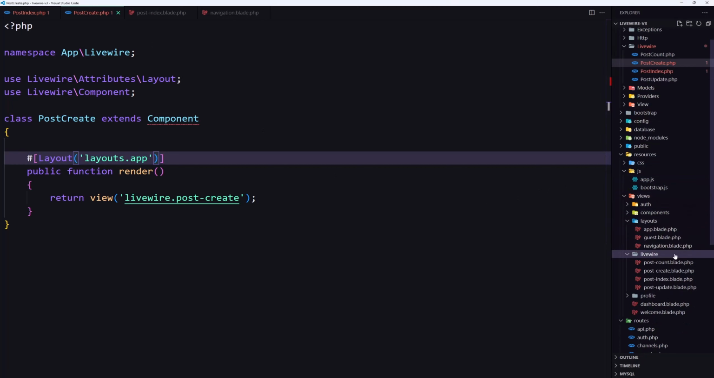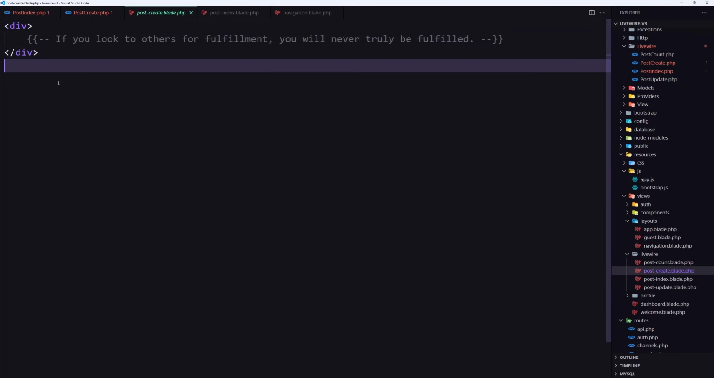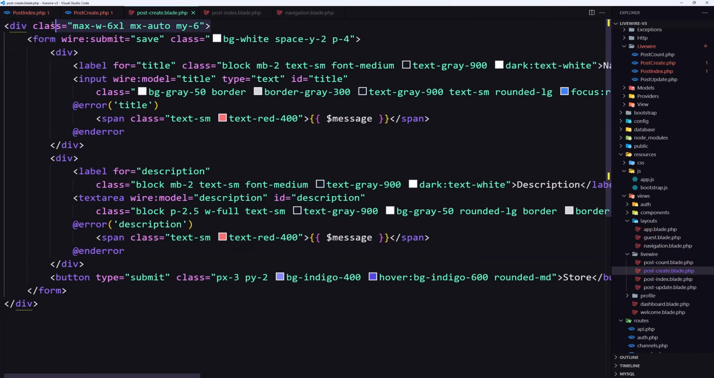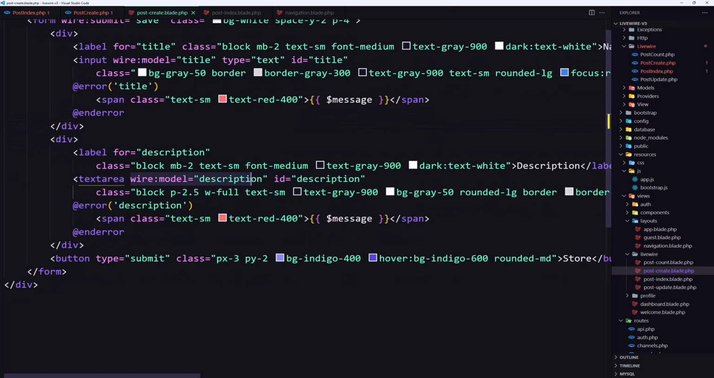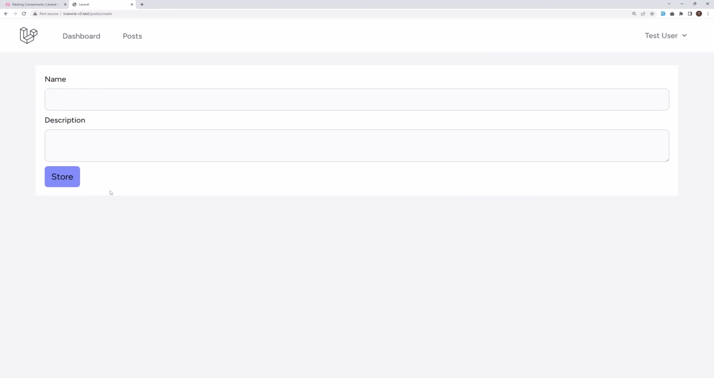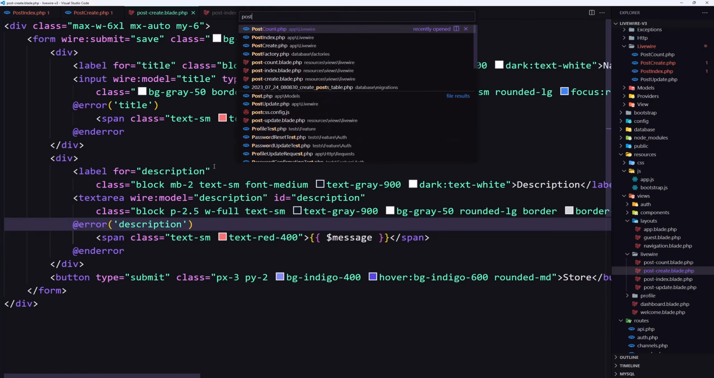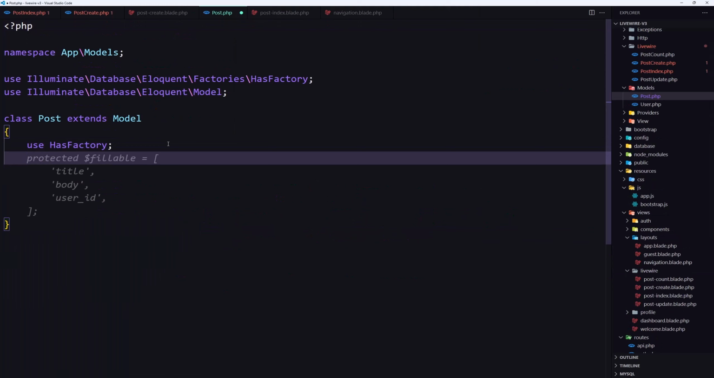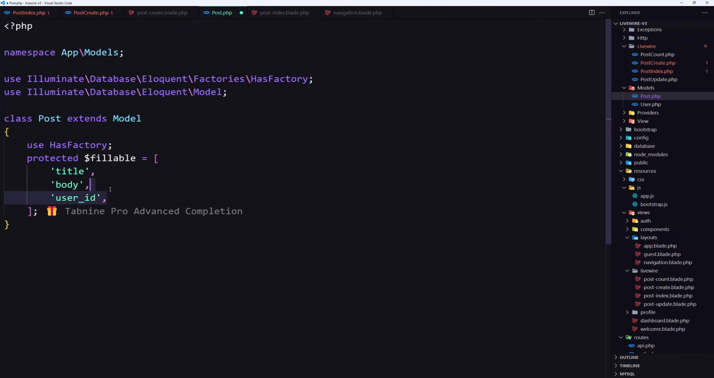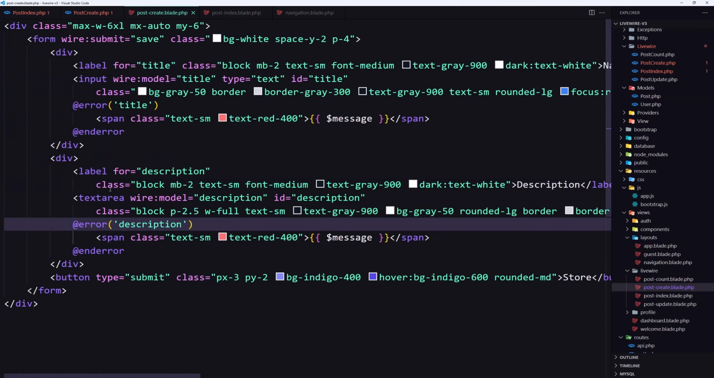Now let's add the form here for our project. So in the Livewire post create blade, I'm going to paste here the form. Okay, so I added here the div with classes and the form wire:submit save, and then a label for title and input for title, with wire:model title, and the error for the title also, and the same for description, wire:model description, and the error for the description. Okay, so here we have the form. Good. Let's open the post model,